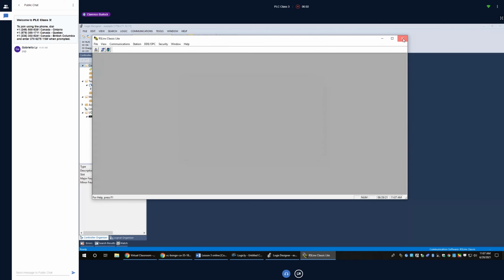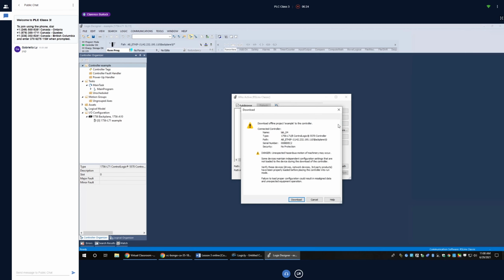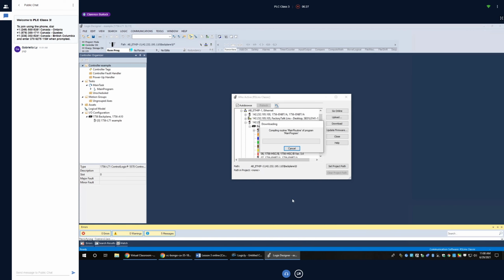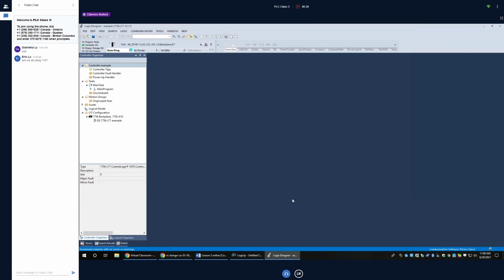Okay, so now we assume the driver is connected. We can establish communication. Now I'm going to use 110. So I expand the processor, I expand the backplane, I highlight the processor, and then I hit download. So essentially what I'm doing here is just I'm connecting this terminal, this computer, to that PLC. So it'll take a second here. I haven't created a program. I haven't done anything. All I did was I downloaded essentially nothing to